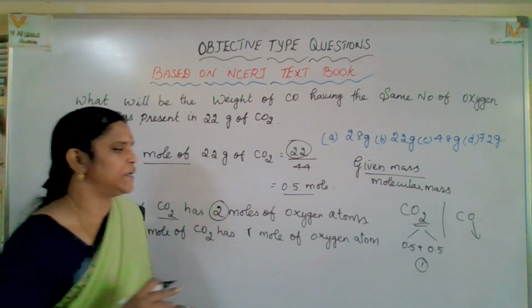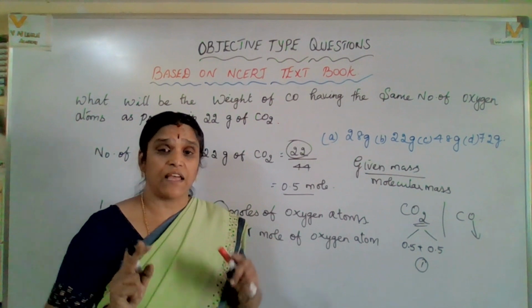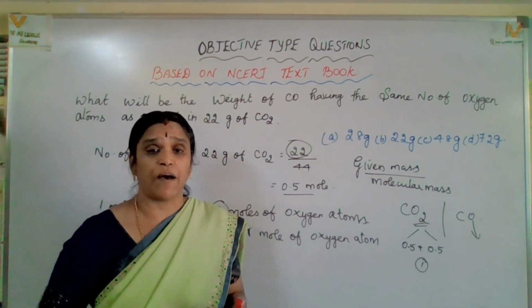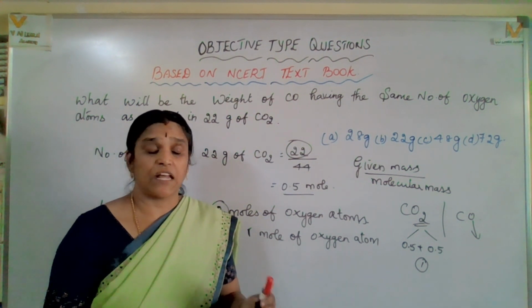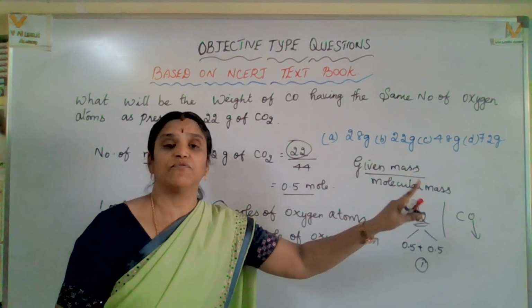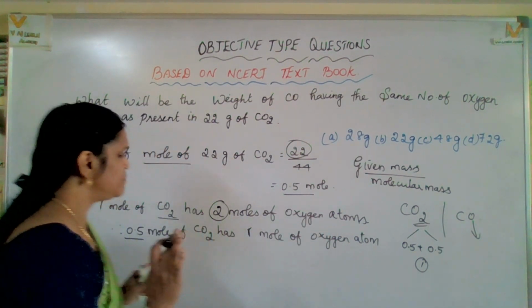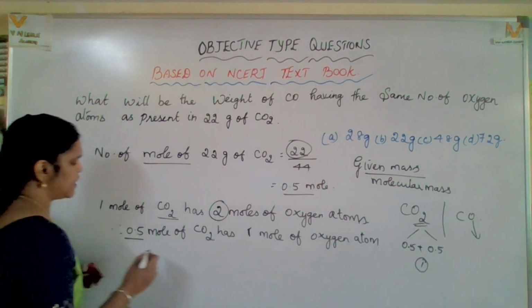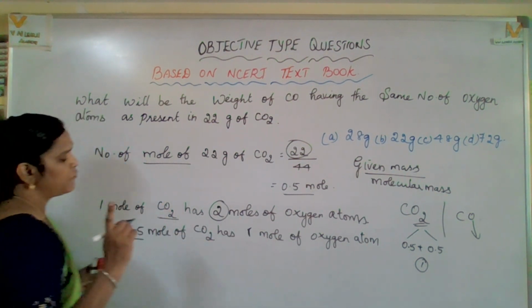See now, for example, in one house, 2 kids are there. In the other house, only 1 kid is there. You are buying chocolate for both families. That means in the first house, they will share with each other, whereas in the other house, the family will give it to only 1 child, who will receive the complete chocolate. So the same idea you have to follow here. Yes, 1 mole of carbon dioxide has 2 moles of oxygen atoms, whereas 0.5 moles of carbon dioxide has only 1 mole of oxygen atoms.